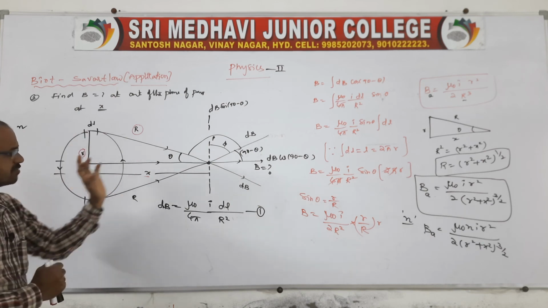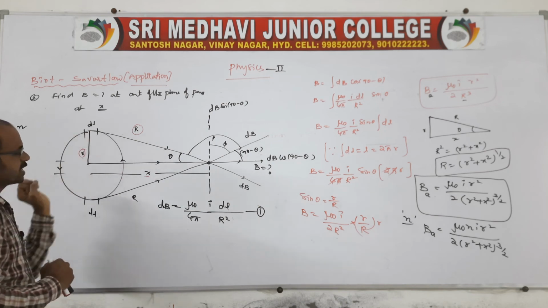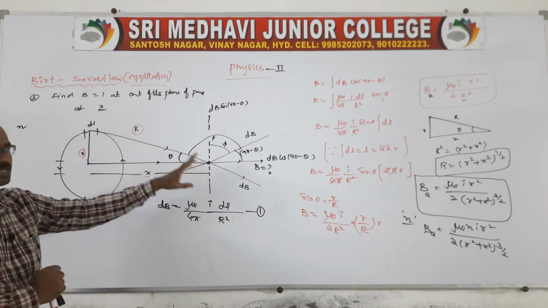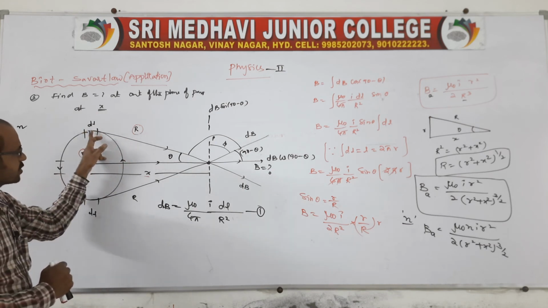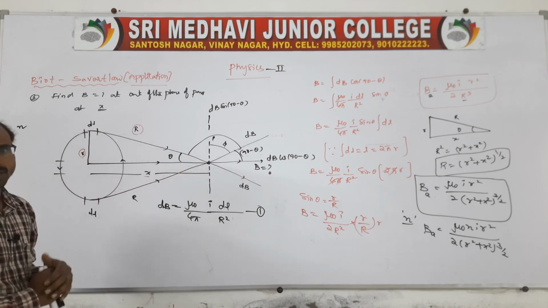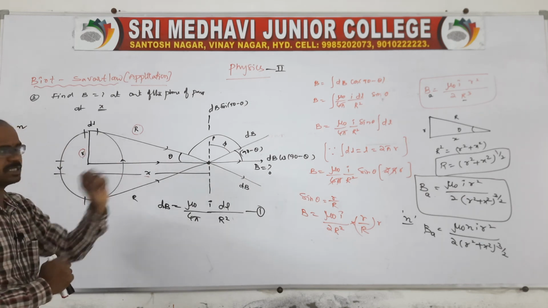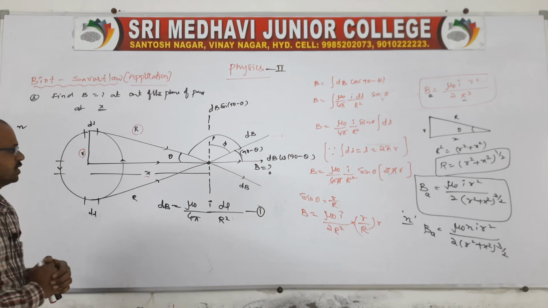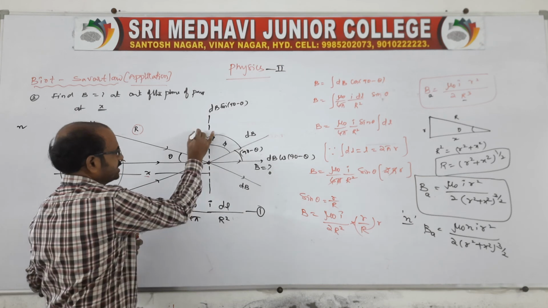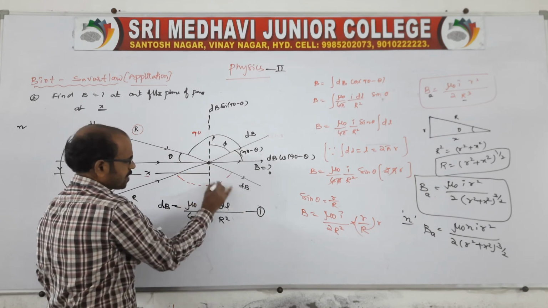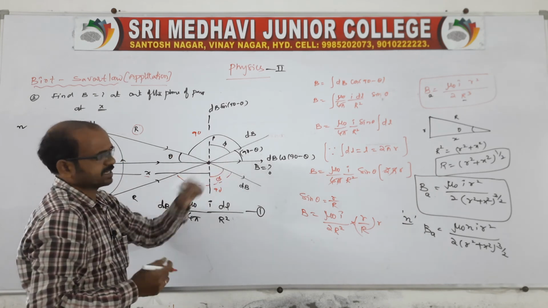From each and every point there will be a field acting at a point P on the axial point. So we need to find the magnetic induction at point P by using a circular coil of radius small r, at a distance capital R from the small length of the circular coil. Like that each and every point it is acting, no? Now use all that information, all points, to get the magnetic induction. So here the angle between these two is 90. This will be 90, and this is theta, no? There will be, what happens, 90 minus theta we can take.